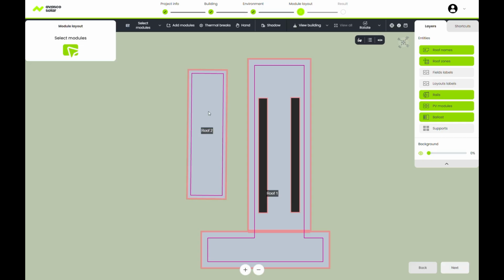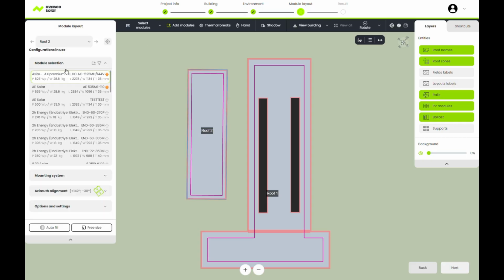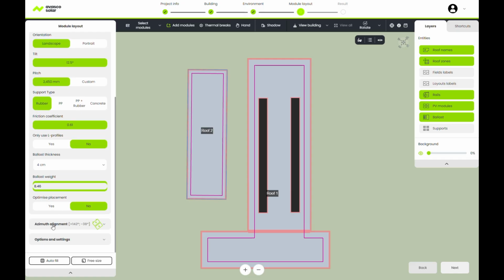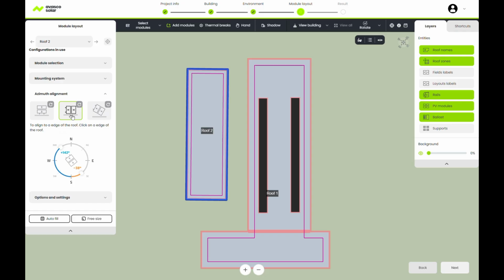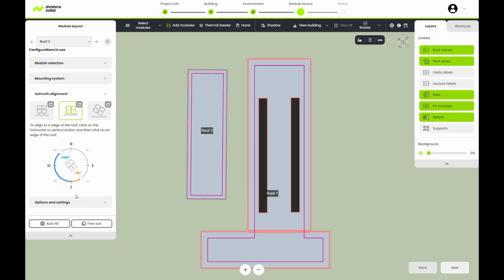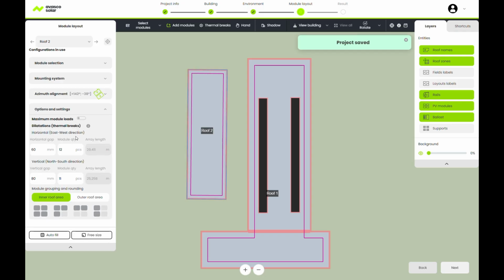or delete them completely. Another interesting thing here is that in the azimuth alignment step, we can choose to rotate our panels according to these windrows at the bottom, or we can align them to a roof. In options and settings, we can determine how big our fields need to be and what the distance between fields needs to be. This is really handy because sometimes we need to have a dilatation gap between fields. Now let me press free size again